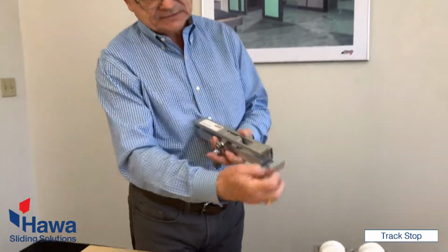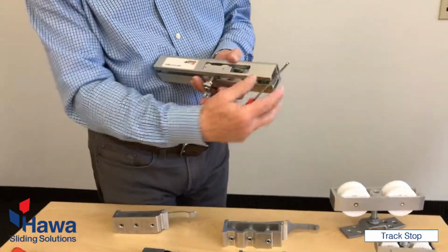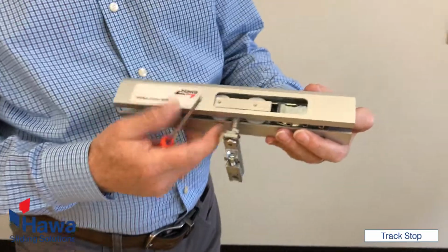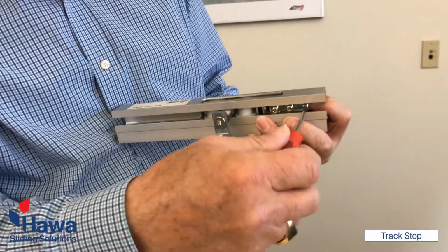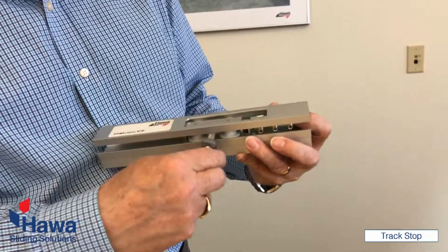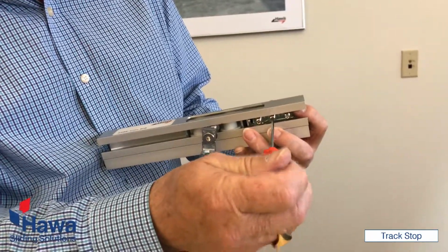And basically what we do, it's easier to show right here on the little Junior 80. You just slide the track, slide the end stop, and you position it at whichever door position you want. Then the first two screws, they are always locking. But first we just lock the first screw, see the movement, if you like it. Then lock the second screw,